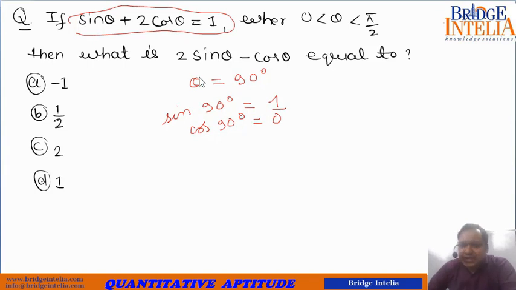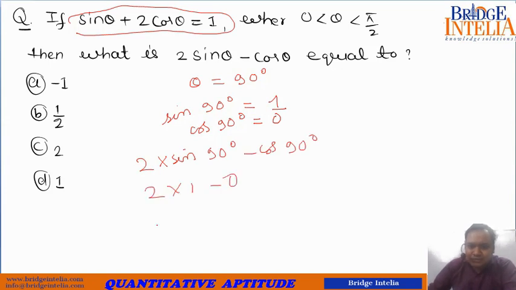So I continue to substitute this in the second expression. Theta is already chosen as 90 degrees. So twice into sin 90 degrees minus cos 90 degrees. What will this be equal to? So 2 into 1 minus 0. This has to be equal to 2. So this option has to be correct. All the other options are wrong. So this is the power of substitution. You don't have to go for all the formulas and all the stuff. If you can substitute, that is the easiest and most beautiful way to solve such questions.